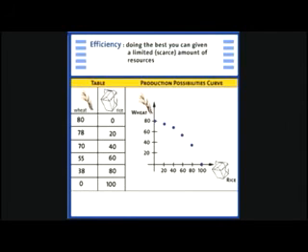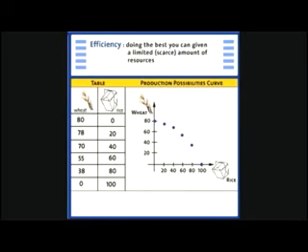Now, these are not the only combinations of wheat and rice that we can imagine. In fact, you can imagine our economy moving resources continuously out of the production of wheat into the production of rice, so that the quantity of rice produced increases gradually as the quantity of wheat produced falls gradually. If we plotted all the possible points, they would lie between these blue points, and if I connected the dots, I would get a nice, smooth, continuous curve, and this curve is called the production possibilities curve, or the production